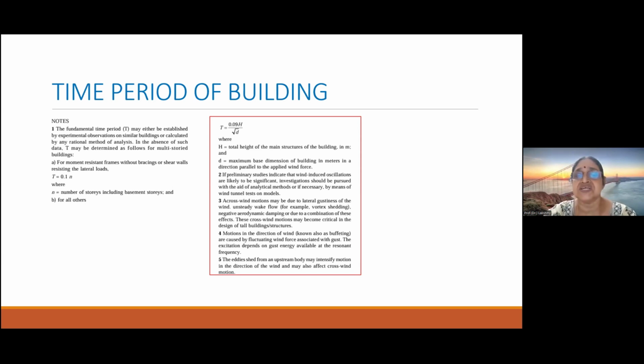Okay, so the excitation depends on the gust energy available at resonant frequency. Now, the eddies shed from an upstream body may intensify motion in the direction of wind, which may cause the across wind motion. So we now have to understand that IS 875 Part 3 has given how to first identify whether the structure is dynamically sensitive to wind, and then how to work out the time period, otherwise